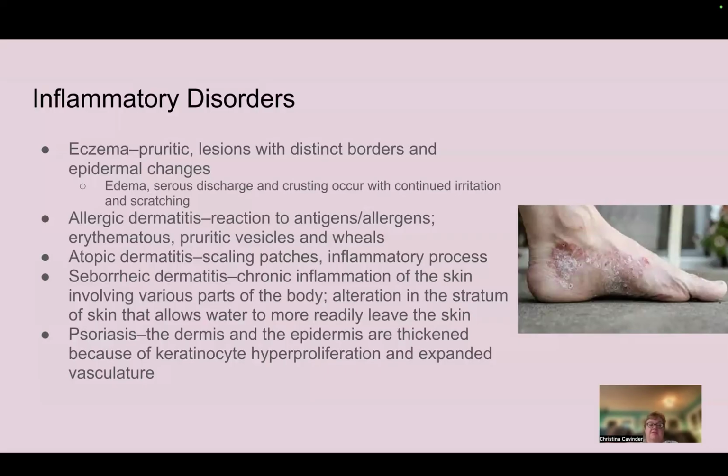Atopic dermatitis, this is sort of like an allergy response. You have scaly patches. It is an inflammatory process. Things will trigger it, but it's not a true allergy. So usually atopic dermatitis, allergies, and asthma kind of go together. So kids that have one of those are at high risk for one or the other or all three,